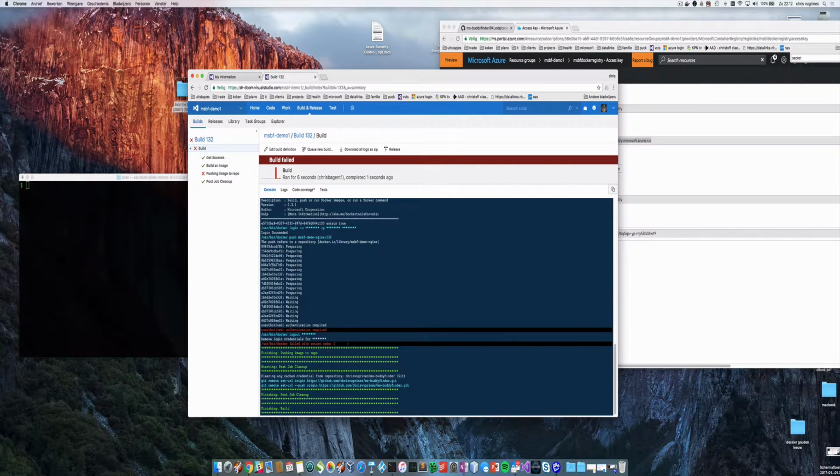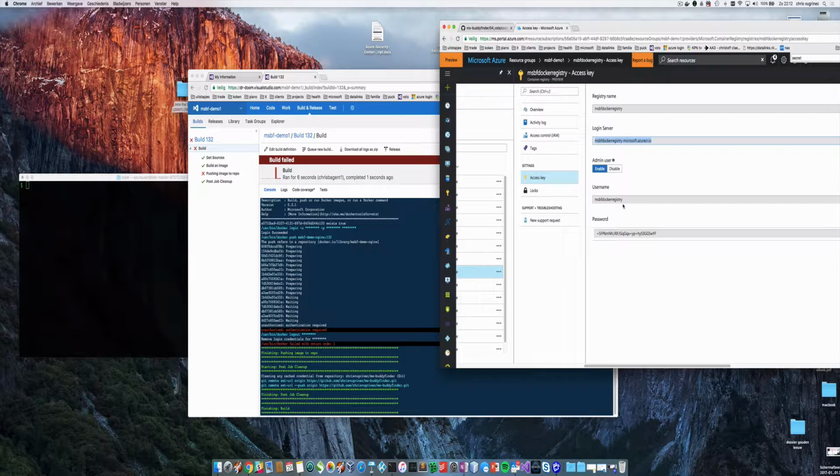So it appears I made a little boo-boo over here, and I also took the time to figure out what it was. So here you see it says you're unauthorized, and I got authentication required, and I was like, wow, what's that? I configured my Docker registry connection, right? What I didn't do is, when you push your image, you have to do it within the right context, and the right context is being this user. So when I tag my image, I have to say, okay, you have to have this as a base tag,